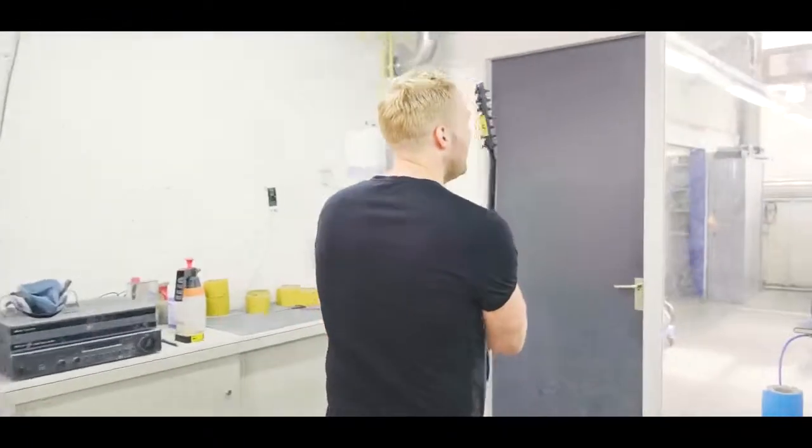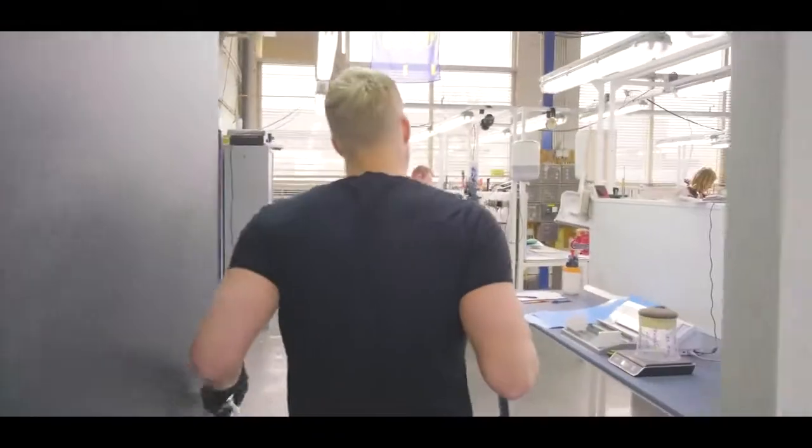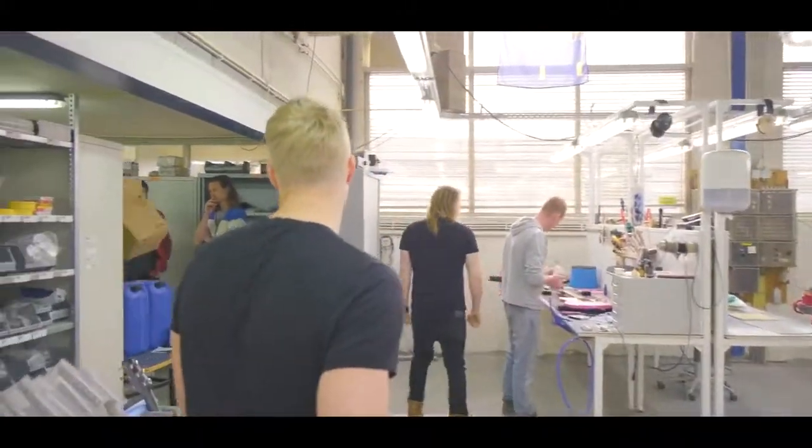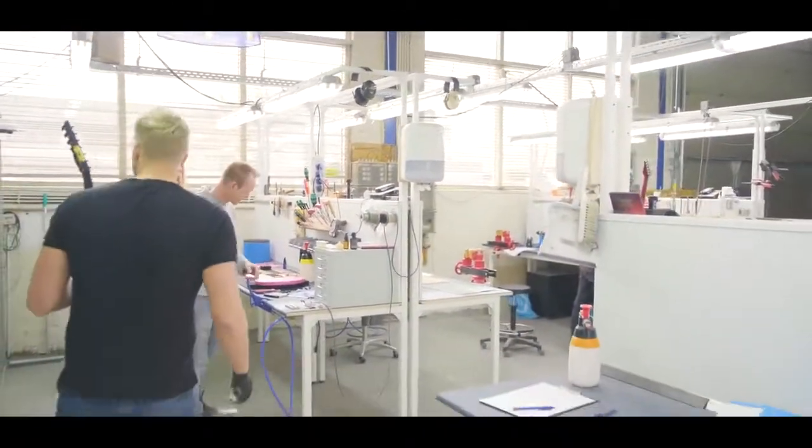Over here we're going into assembly. This is where we handle all the final steps of the guitars, and it's quite busy here right now. I think this is Timo's